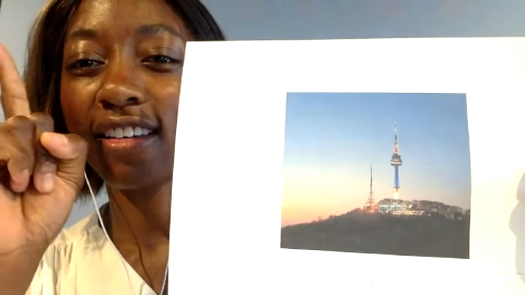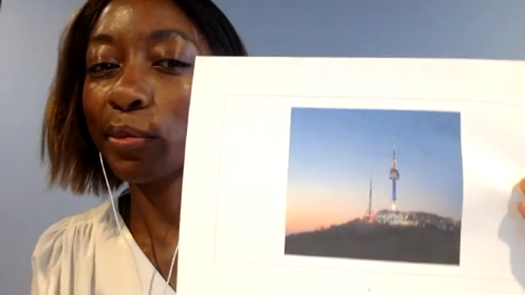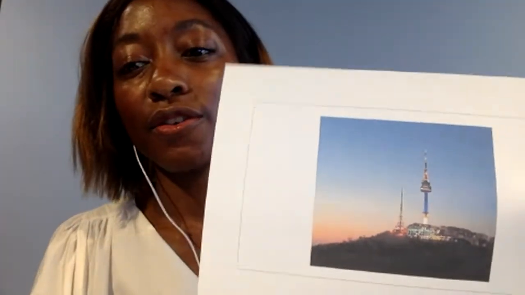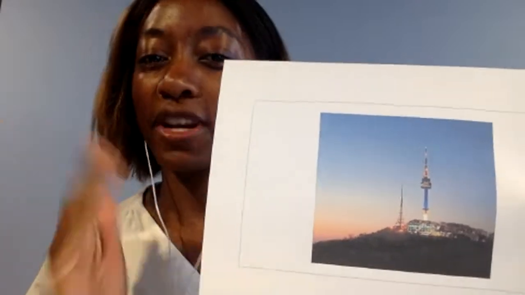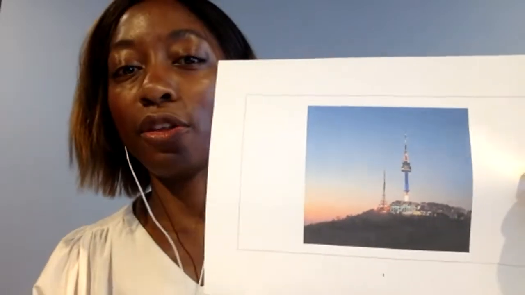Actually, there is no answer. The answer is some famous places are only called by their name without the. Other famous places we always use the with it. You just have to memorize it. Unfortunately, there's no way to tell the difference, but you just have to memorize it. Some famous places are called just their name. Other famous places you absolutely must use the.